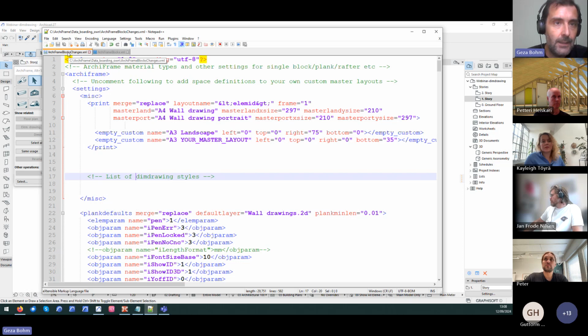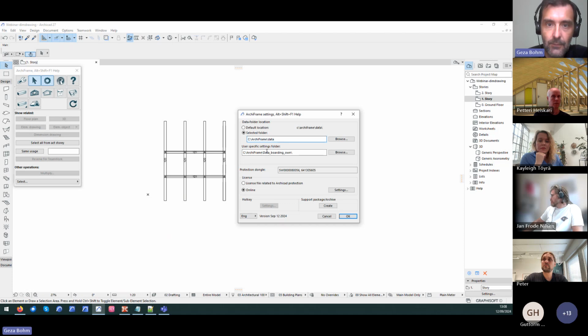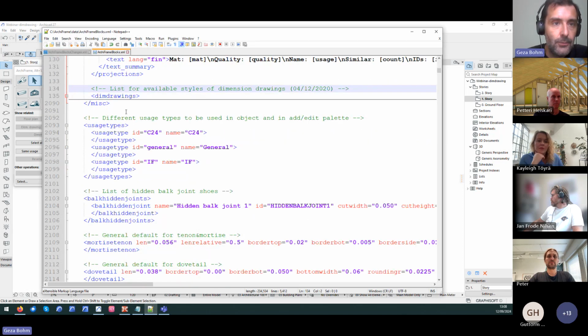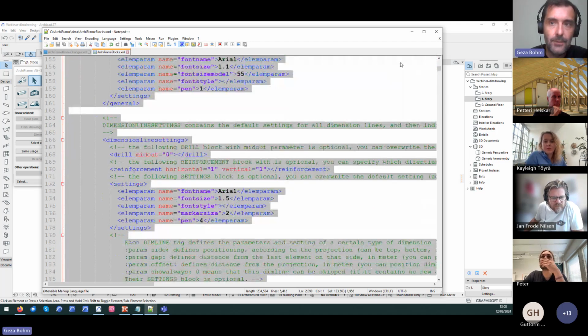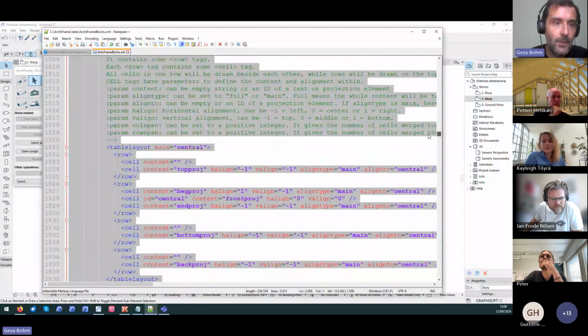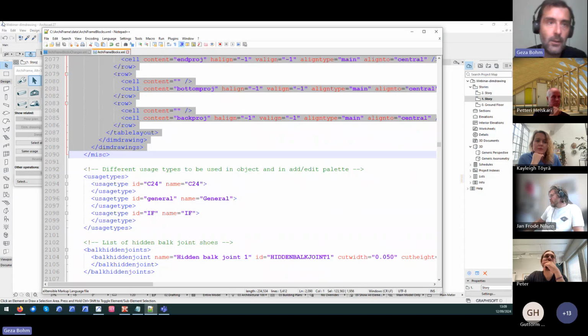So this XML, what we will edit is the ArchiFrame blocks changes.xml, and it resides in your user-specific folder. In my case, it's data boarding on. It can be different for you, of course, no problem. So what I will do is copy this whole stuff, the dim drawings. The collapse shows that it's really big. All this stuff should be copied